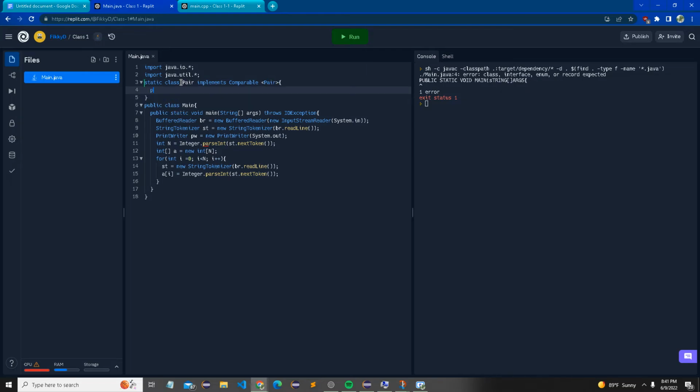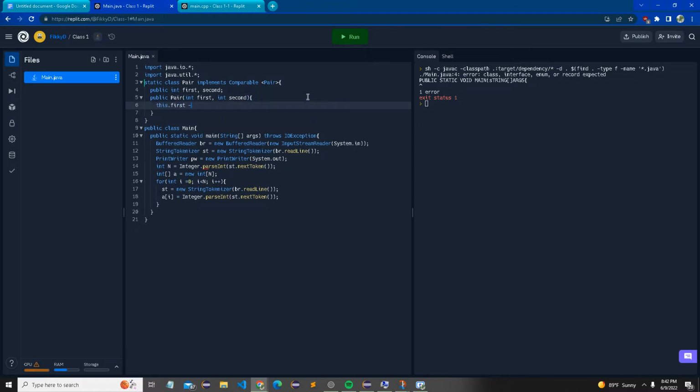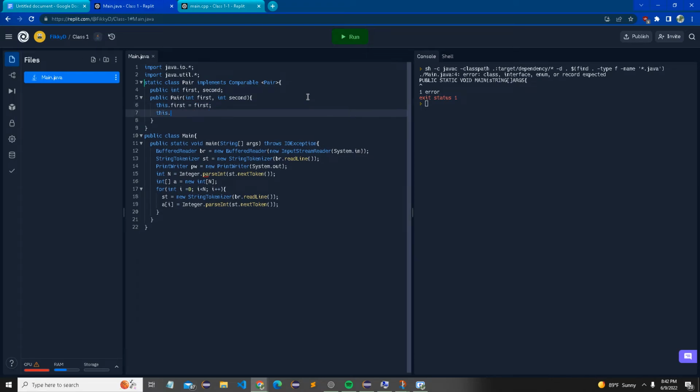And then we need our public instance variables. Don't worry about that. Just public int first, second. We have to make them public so we can easily access them without having to use getters and stuff. And then after we need a constructor. Don't worry about what a constructor is. It's trivial stuff. Just learn it in object-oriented programming. this.first is equal to first. You have to put this because you need to refer to the current class you're working in. So yeah, second,